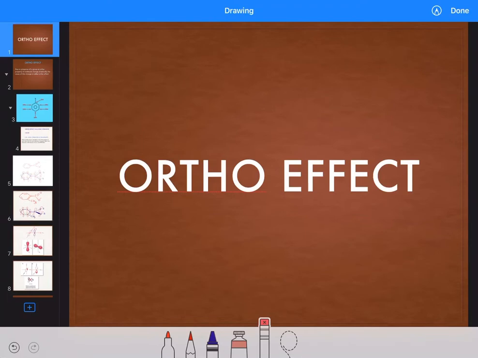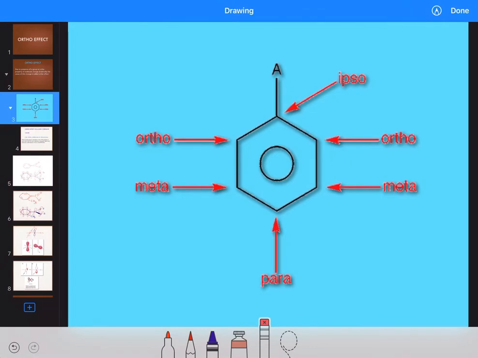Its name is telling many things. Ortho effect, it means this effect is somehow related to ortho position. Correct? Now tell me, what is ortho position? I know you are very well versed in that. Ortho position means if we attach a group,